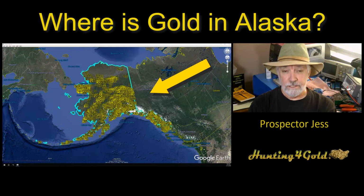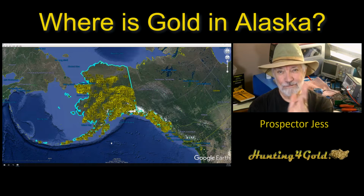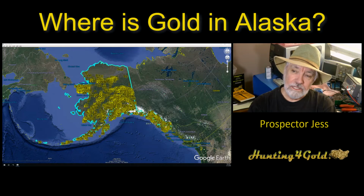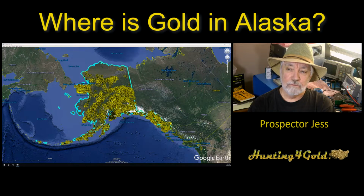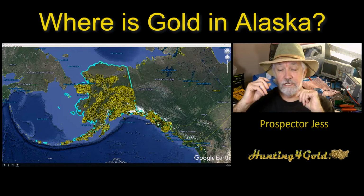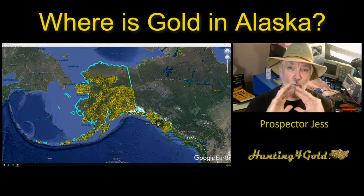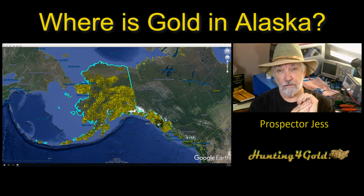And for this edition, we're going to take a good close look at what's going on here. But you can see readily that the dogs are barking like crazy. Ignore them. So you're going to see this band of gold that follows this upper end of the Ring of Fire. This is around the Pacific Ocean. Very important to pay attention to what's going on in this situation. We have lots of volcanoes, earthquakes, uplifting, that's orogenic activity, and glaciation and water. All of those mix and combine to make some of the greatest gold prospecting on planet Earth, right here in